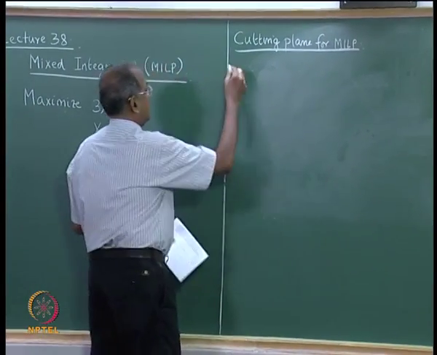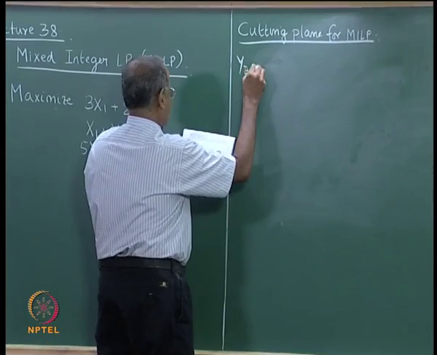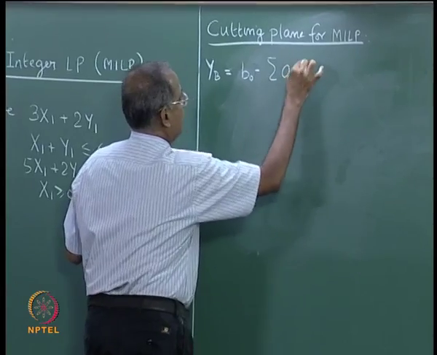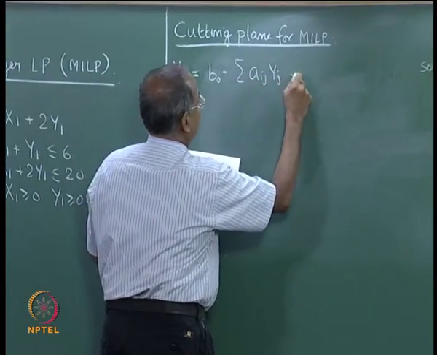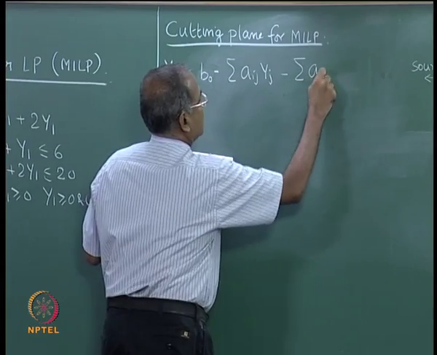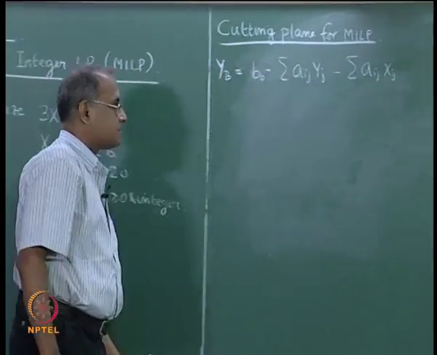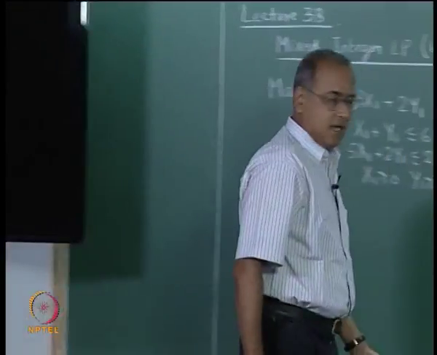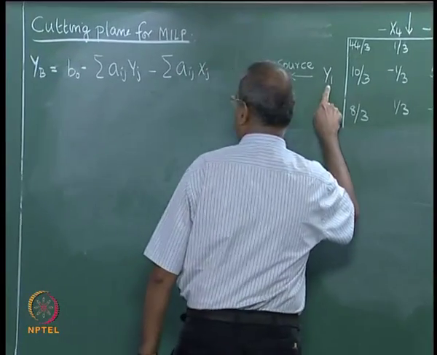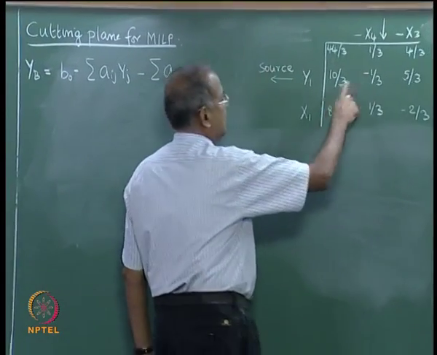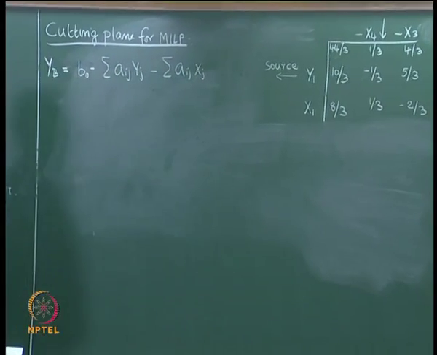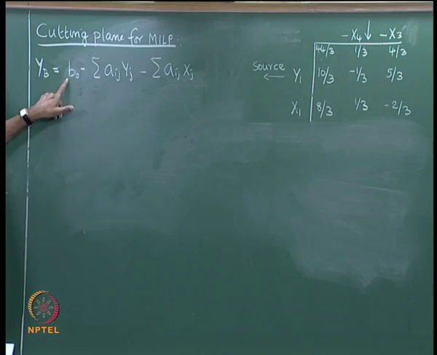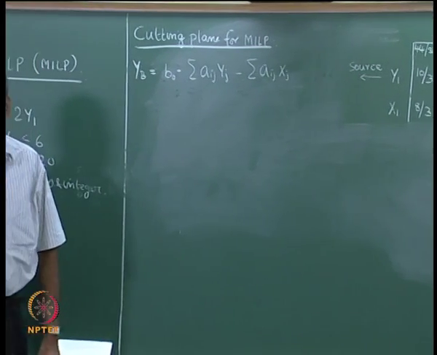Typically we will use something like this: yb is equal to b naught minus sigma aij yj minus sigma aij xj. Now, this would represent the source row. For example, we will write here y1 is equal to 10 by 3 plus 1 by 3 x4 minus 5 by 3 x3, written in a general form here, with b naught as the right hand side value,